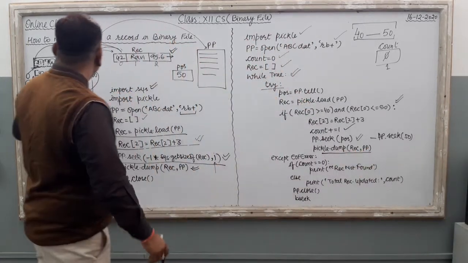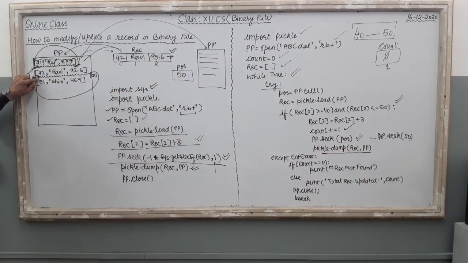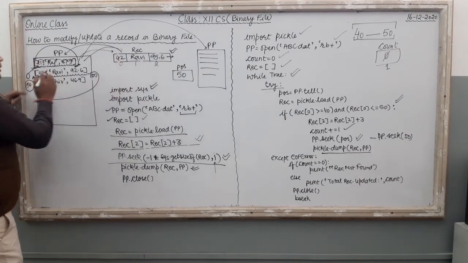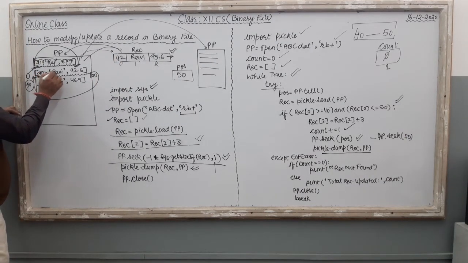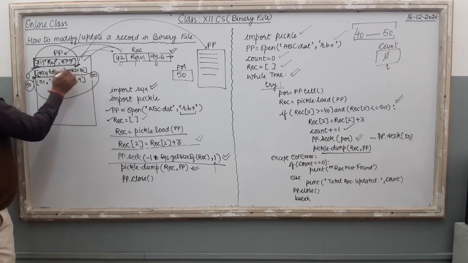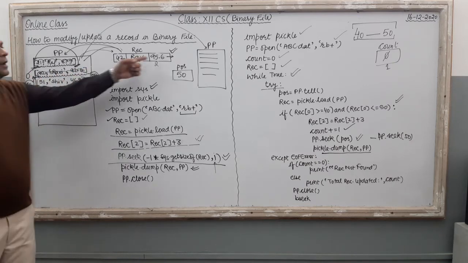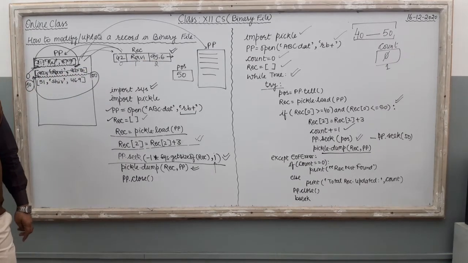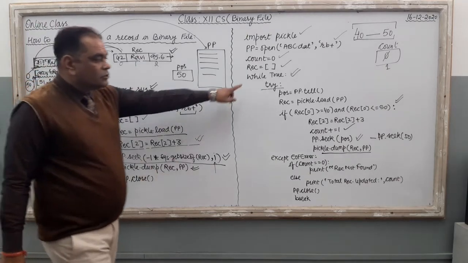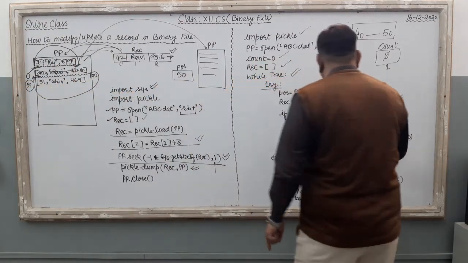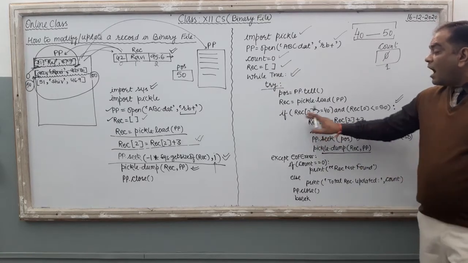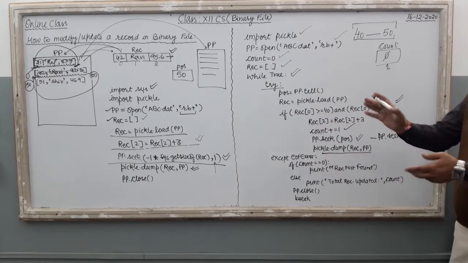Now what will happen? The cursor is available over here. Your record is this one. The computer is going to overwrite the record. The previous record is removed, and on the previous record, the computer overwrites the new value. Now it is a modification, right? So by this we can modify all the records that are between roll numbers 40 to 50.